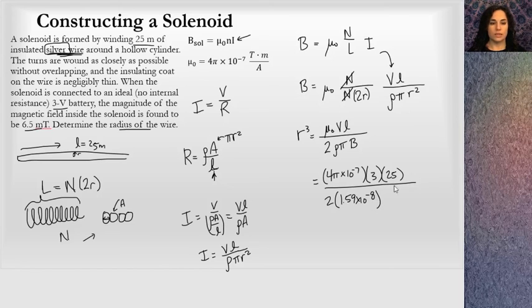That was from the OpenStax text. And then I have pi still, and then the magnetic field, 6.5 times 10 to the negative 3rd Tesla. A pi cancels here and here. And when I run this through the calculator, I get r cubed is